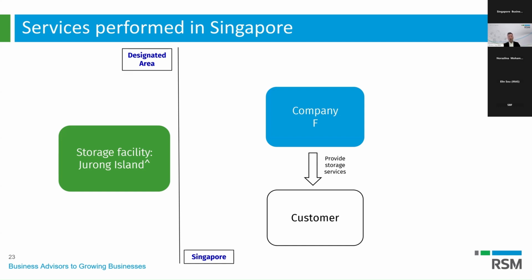So in this situation, Company F provides services to a local customer, and that storage service occurs in a storage facility within Jurong Island. And these storage services provided cover imported goods or goods which are for exports. So my question then to all of us, for these storage services that Company F provides to the customer, do